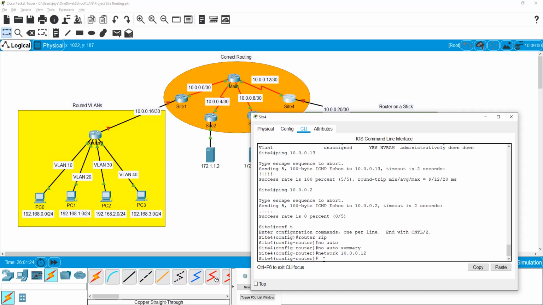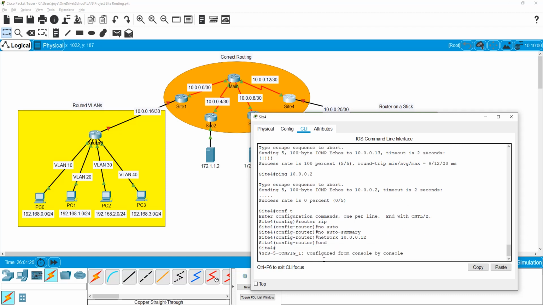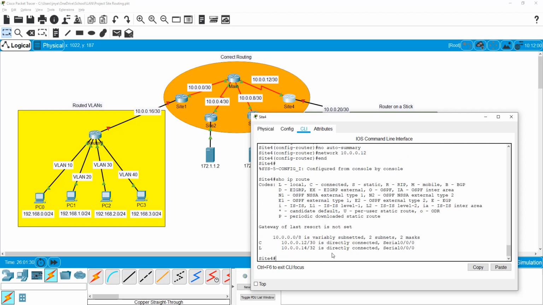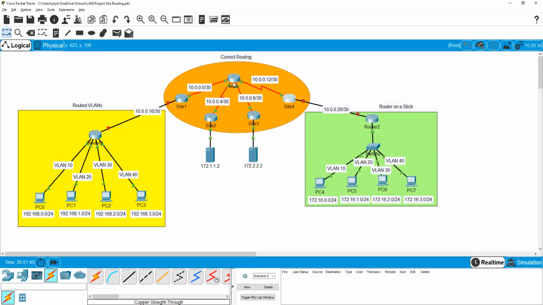And that's all we have to do for right now in this one. So if we end, and now if we do a show IP route, you can still see we don't have any new networks yet. We haven't made any neighboring partnerships with main router because we have not configured main to actually advertise routing addresses. So what we need to go next into is we're going to need to go into